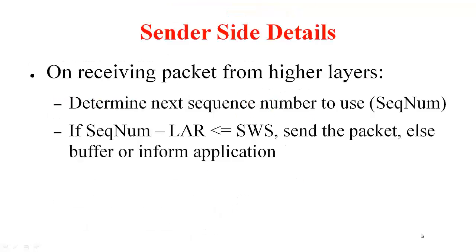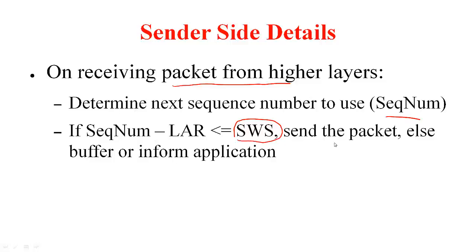So here are the sender side details. On the sender side, whenever it receives a packet from the higher layer, it has to first sequence number it. So it will just pick the next sequence number to use and give it a sequence number. Now if this sequence number that it has been assigned falls within the SWS, in other words this minus LAR is less than or equal to this,